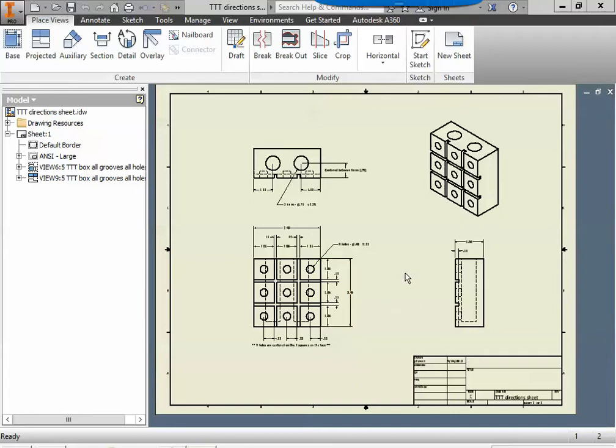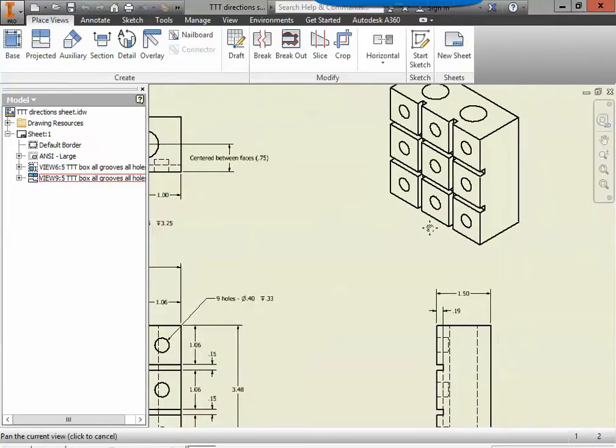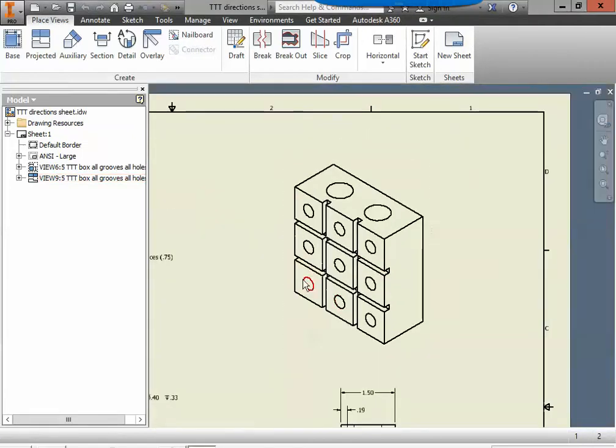Welcome to day number 5 of the Tic-Tac-Toe Inventor 3D Solid Modeling. So far, we have created our box, our vertical grooves, our horizontal grooves, and the 9 holes on the front. Finally, we need to create these 2 big holes on the top that cut down very, very deep to hold all of the marbles. For this,